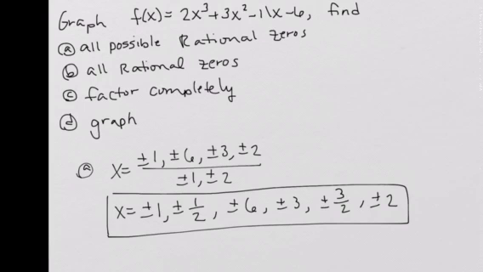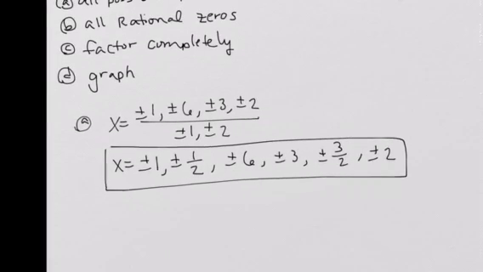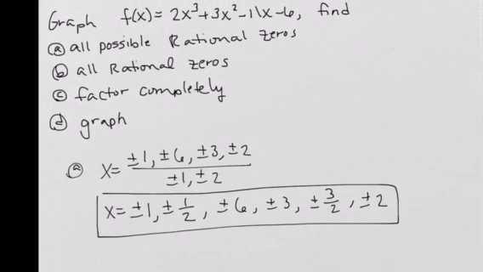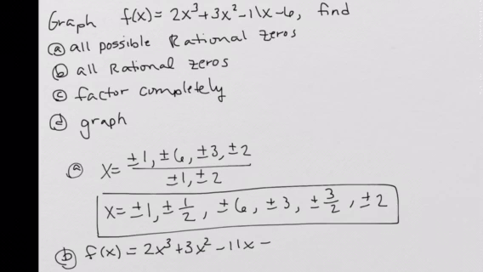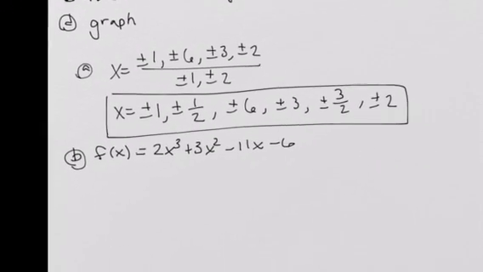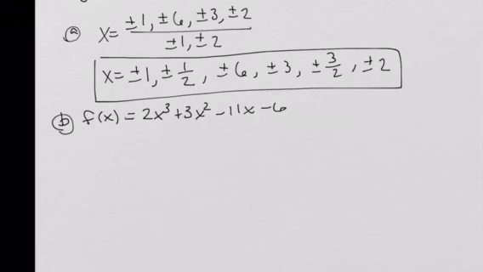With this list of possibilities, we're going to test to see if we can find one that works. So we're going to use this function f of x equals 2x cubed plus 3x squared minus 11x minus 6, and we'll test zeros in that function using synthetic division until we find one that works. So if we were to choose the number 1 from our list of possibilities, if we chose a positive 1, we would do synthetic division,